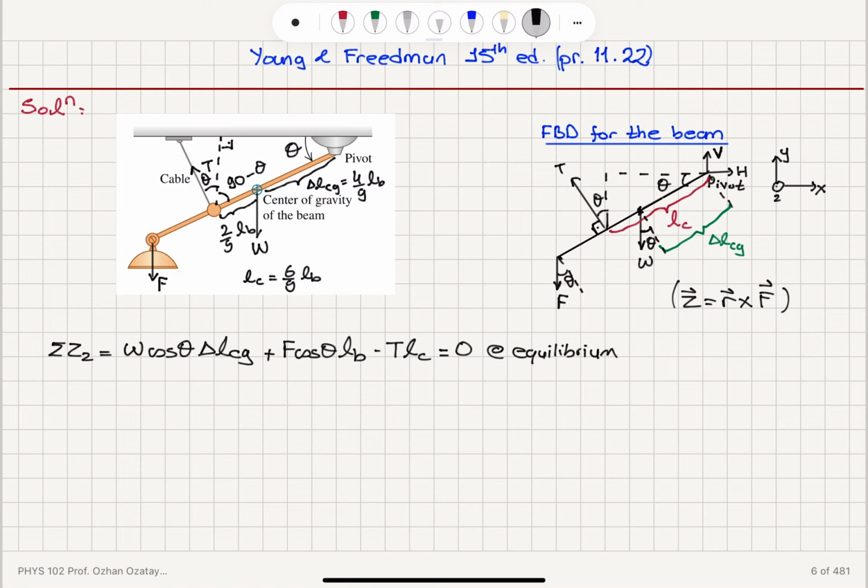All right. So with that, if I substitute for delta L_CG, 4 over 9 L_B, and here I have F cosine theta L_B minus tension L_C is 6 over 9 L_B. This must be equal to 0. So I see that the L_Bs will cancel, and I'm going to find the tension equals